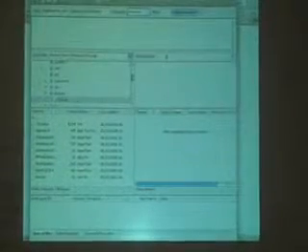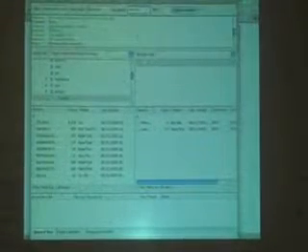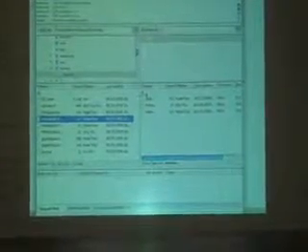So in order to do that, I need to connect. It's going to spew a bunch of things. It's going to say, hey, I'm now connected. So what I'm going to do is select the Hello World example, and I'm just going to drag it over there. And it's going to do a bunch of things, and it's going to say, hey, I have just transferred this file. It's over there now. So now if I go here and I refresh this page,